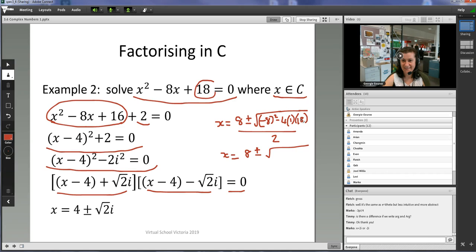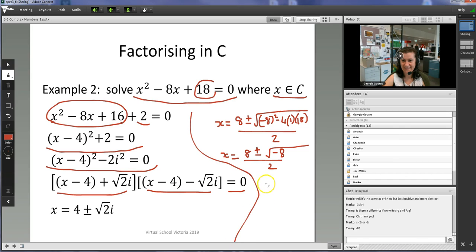It's my calculator here. It's negative 8. Thank you, Timmy. So that's the square root of negative 8 over 2,